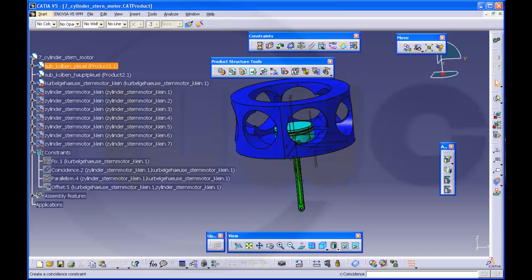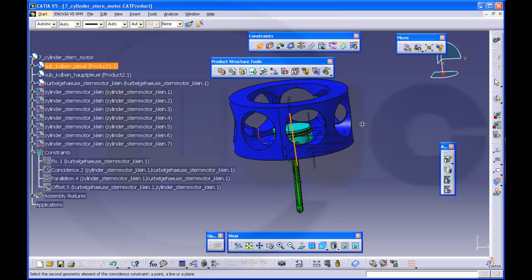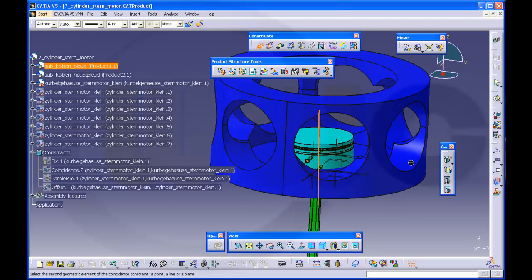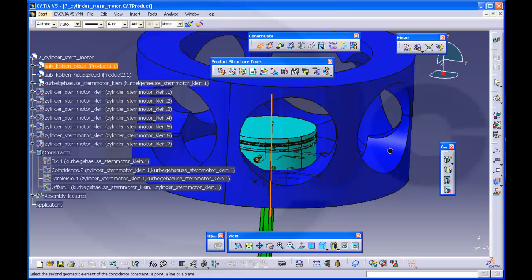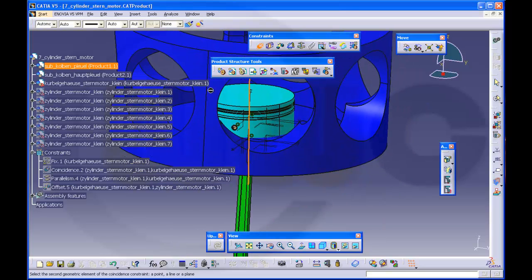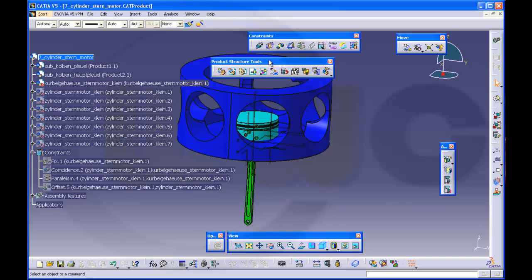Now make a constraint between this axis and one of the holes. Maybe I didn't catch it. So let's go for this axis right now. Oh, sorry. First you should activate, of course, the main product. Okay, right now, like this, make an update,